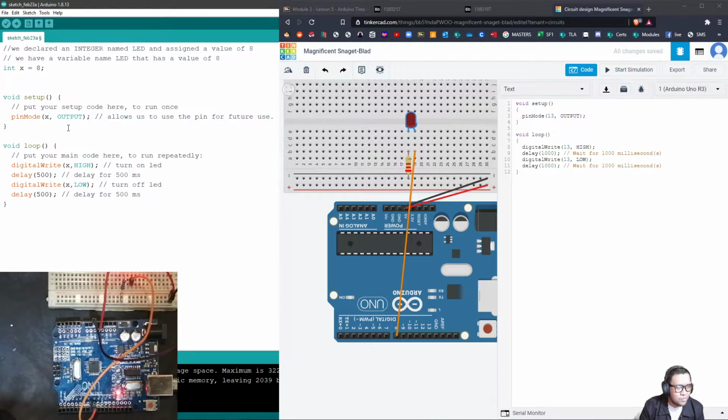Now we are changing its input, or rather we are going to set it as output. We can either use it as input or output. For this instance, we are using it as output, meaning it is sending signals out of the Arduino Uno. In loop,